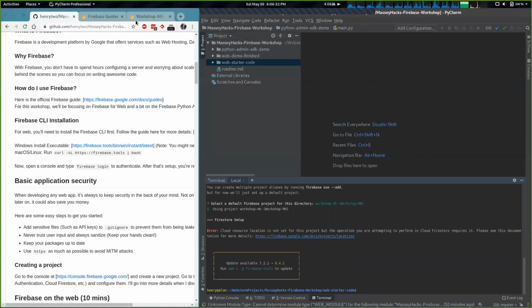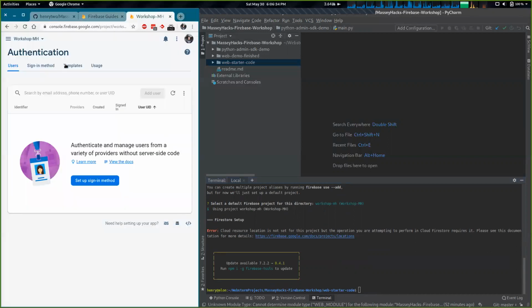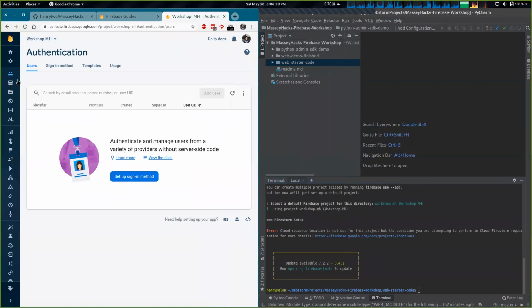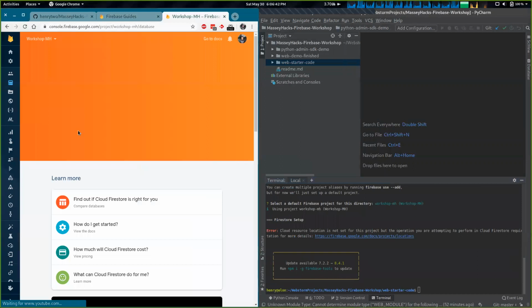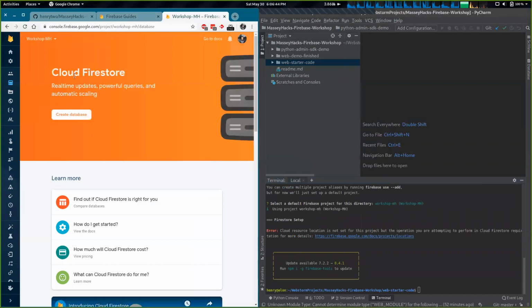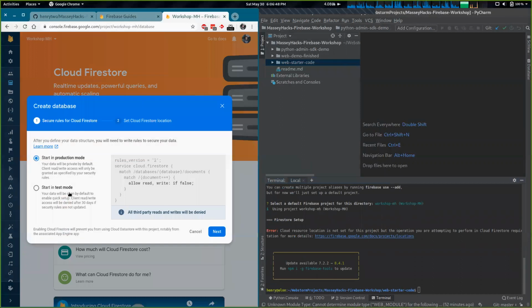So we can go back to the console here and set that up. Okay, so if we go over to database, and so we have Cloud Firestore here, we can create the database. So there's two options here. You can start in production mode or test mode. So basically the difference is that in production mode, the database will be locked down so that no one can